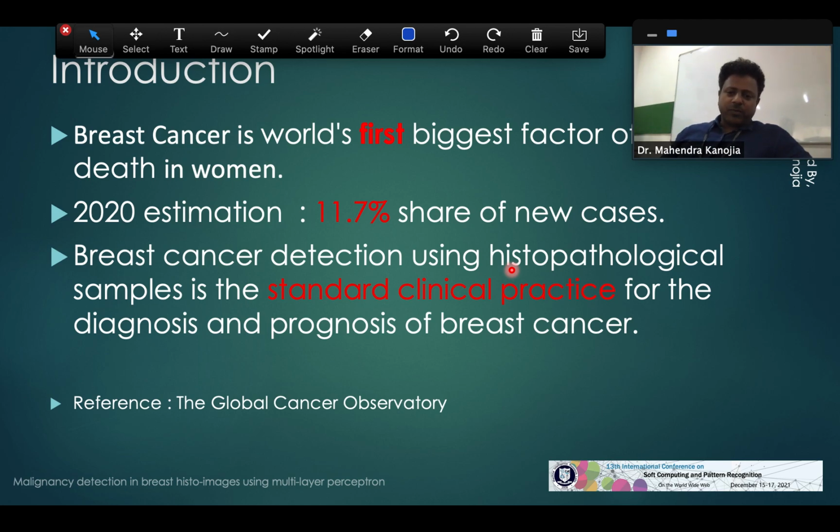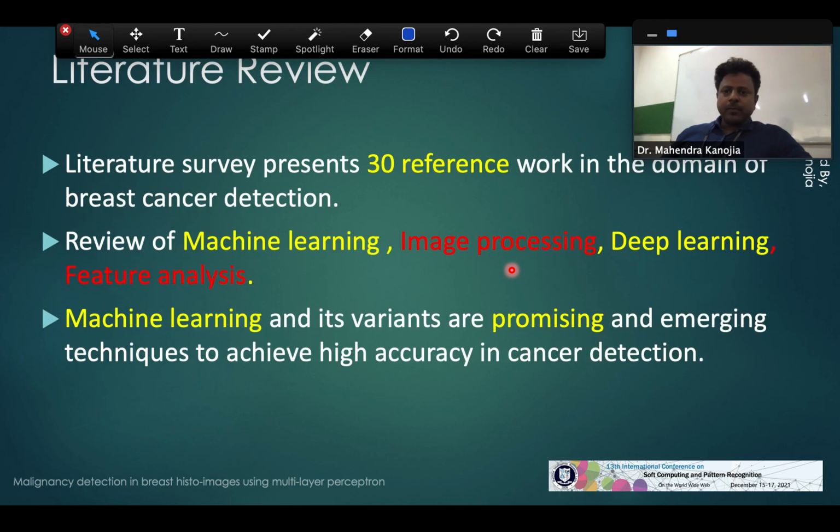and many a time we will find the samples are studied by multiple histopathologists to zero in on a final judgment whether it is malignant or benign. So the aim of this research is to prepare a model which becomes an aid to a histopathologist, so that multiple opinions are not required. A histopathologist can have their own opinion and also get a good suggestion from the machine itself. To do this, we have put in a huge amount of work.